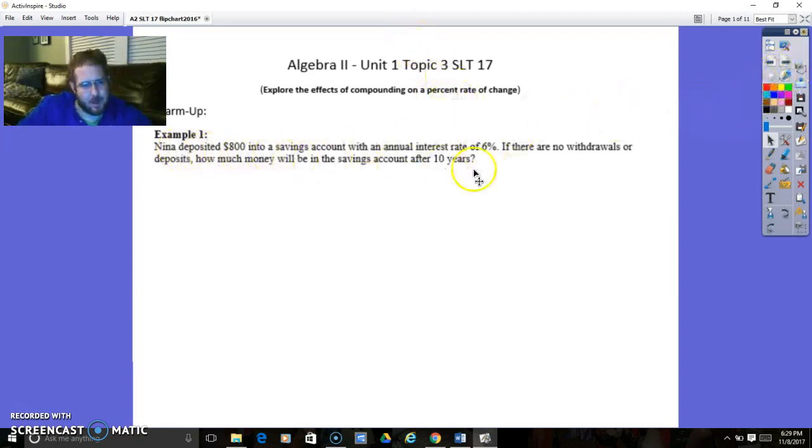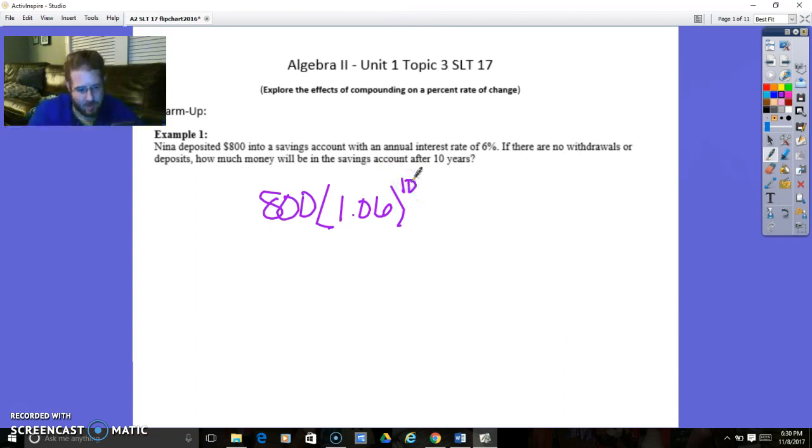You need to deposit $800 into a savings account with an annual interest of 6%. So we're starting with a simple interest question. We start with $800, multiplied by 1 plus the rate, which is 6%, so that's 1.06, to the power of x, which in this case is 10, so 10 years. Now it's just a matter of putting 1.06 to the power of 10 in my calculator and multiplying that by the $800 initial principal, which is how much money you had to begin with. It looks like after 10 years, you're going to have a whopping